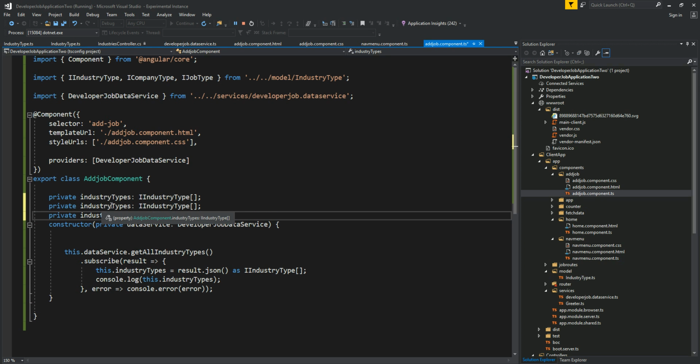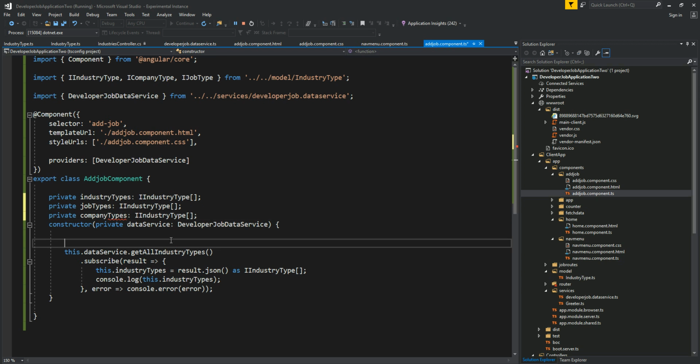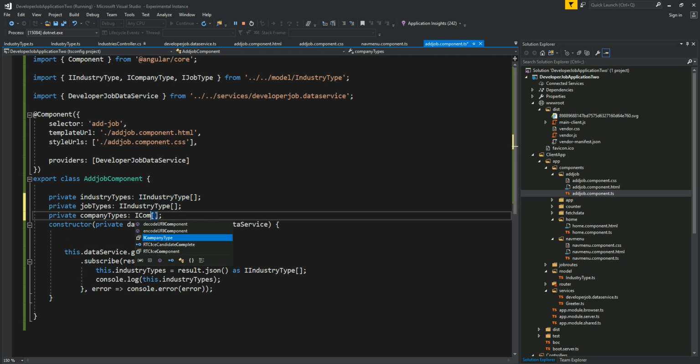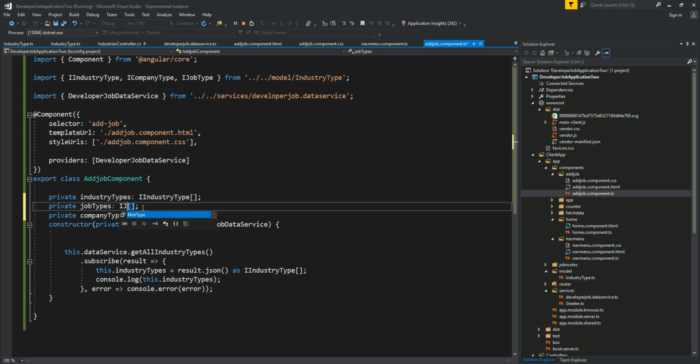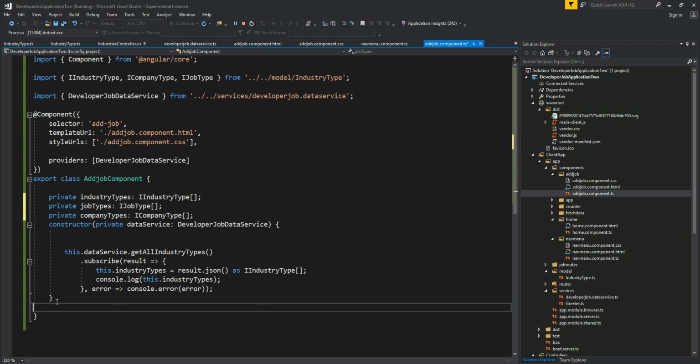Let's call it job types, company types. That is the data type, and this is I job type. Okay. Just like this, we can